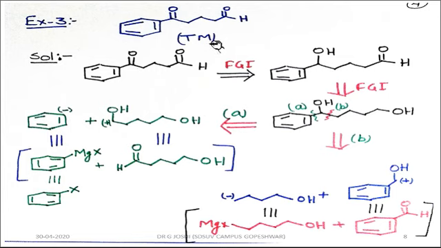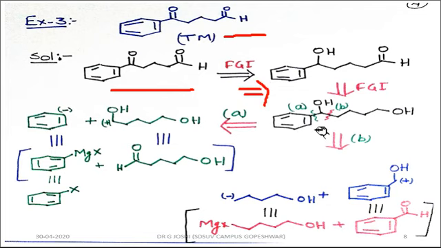In the next example, this is our target molecule. This molecule we have to synthesize. Let's do its disconnection. We will follow the guideline. Since this is a ketone, we have to convert the ketone and aldehyde groups by using FGI. So two FGIs we will use for this disconnection, first for this functional group, second for this functional group, or you can simply write two arrows like this, and directly write this molecule.